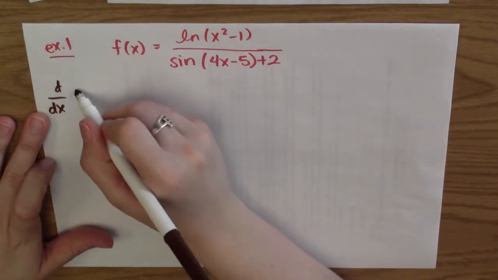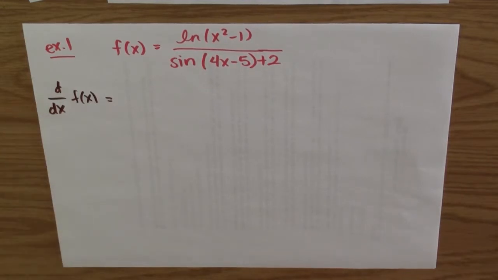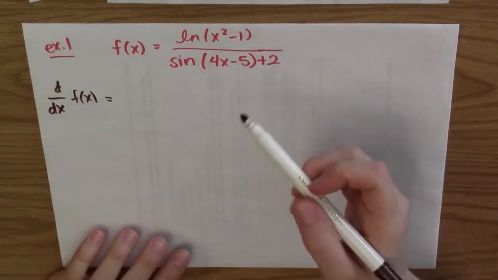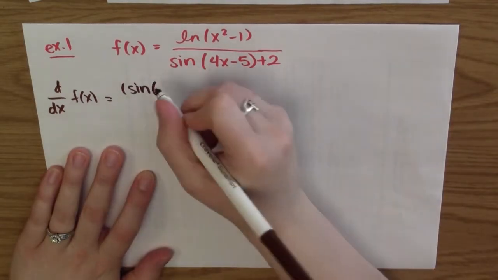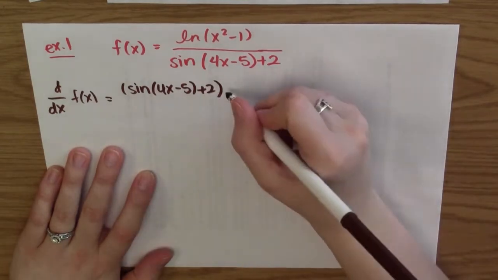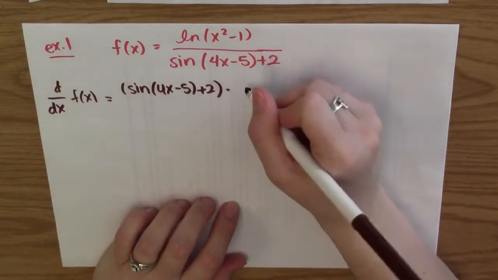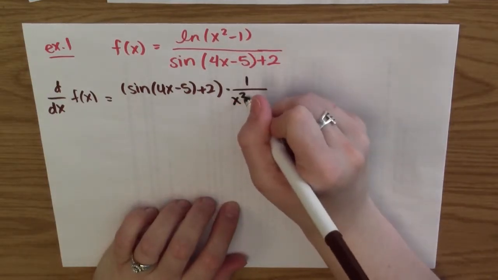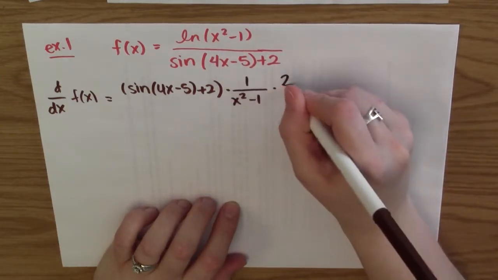So I'm trying to take the derivative of my function f of x. Let's go ahead and use the quotient rule on this problem. Even though I said earlier that the quotient rule is not my favorite, it might be a little less confusing in this case. So the quotient rule says the derivative of this is the bottom function, sine of 4x minus 5 plus 2, times the derivative of the top function. So the derivative of natural log of anything is 1 over that thing times the derivative of the thing by the chain rule